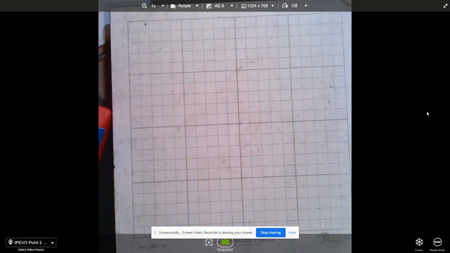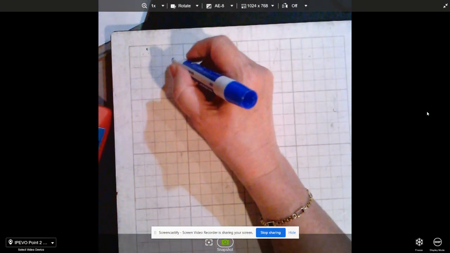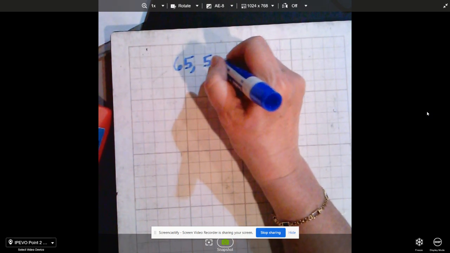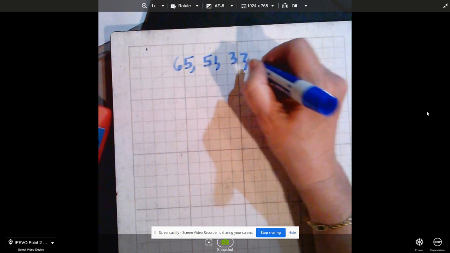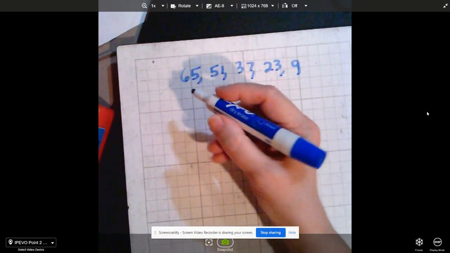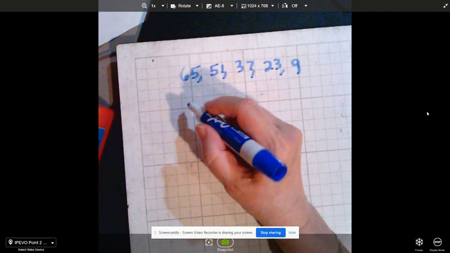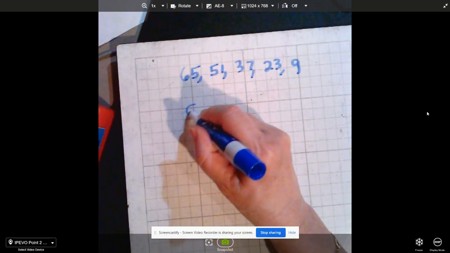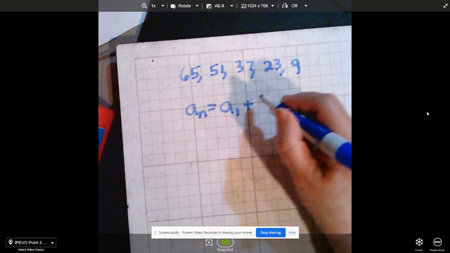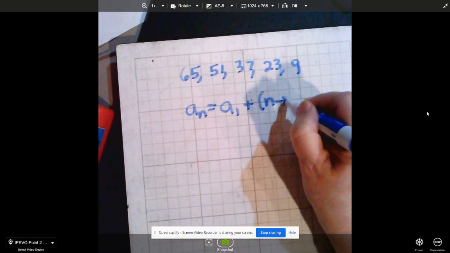All right, I'm going to work on 2B on sequence 1. It says to write a rule for the sequence 65, 51, 37, 23, and 9. So first of all, if you remember, your rule is that A sub n equals A1 plus n minus 1